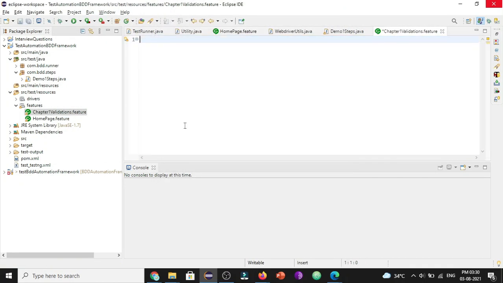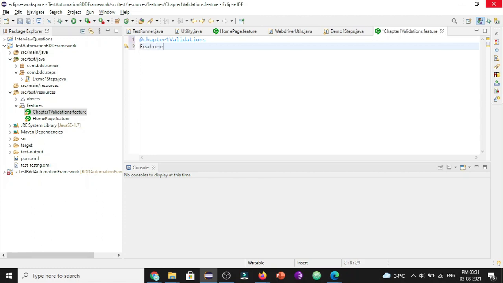Let's remove all of this, and first what we need to add is the tag of the feature file. Let's say it is chapter 1 validations. As this feature file contains all the chapter 1 page related validations, we can add the tag chapter 1 validations at the feature level.